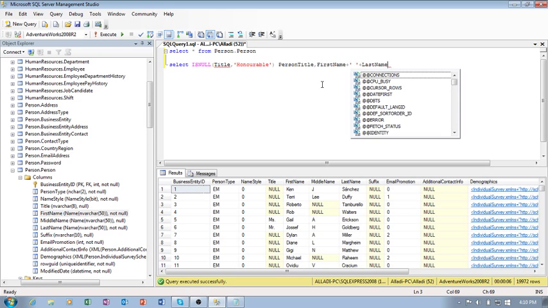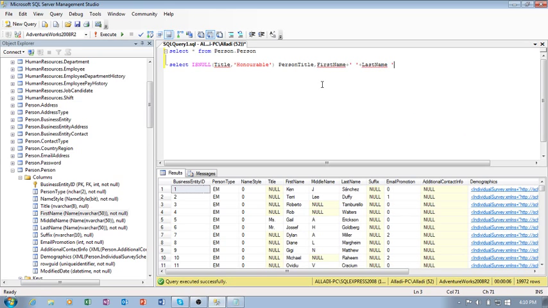Last name, then name this as full name. You can say this as full name here. Yesterday I was using AS, but without AS also you can make it. Okay, next thing is I would like to retrieve from the table first of all, from